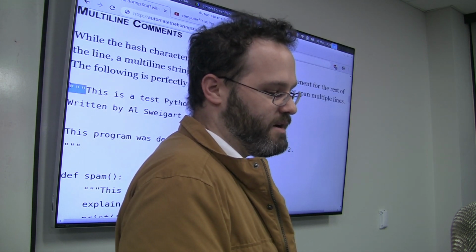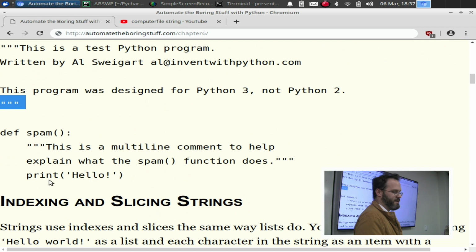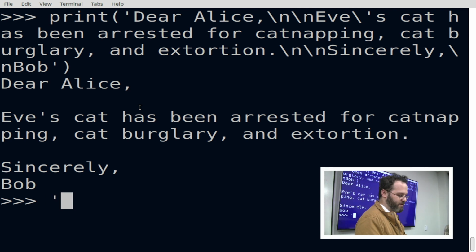So if we have a comment here, we can just do triple quotes, and then we can write a string and end it, and this will not do anything special in Python. It's like a string inside of your code. So what does that mean? If I take code right here, and let's say I write down, "this is a comment,"